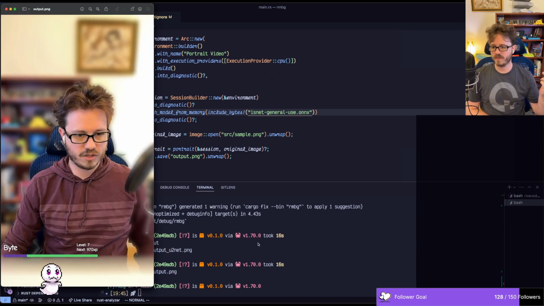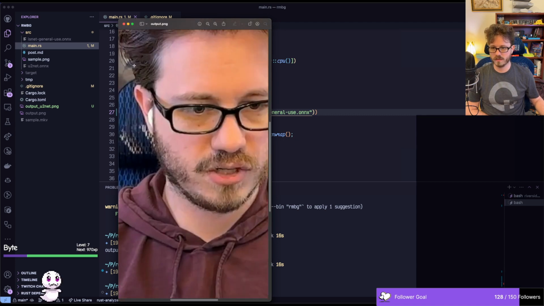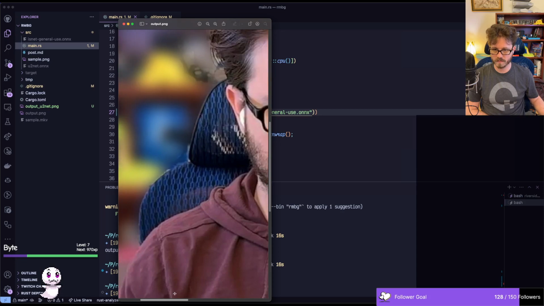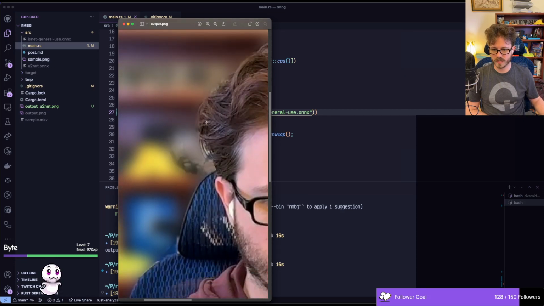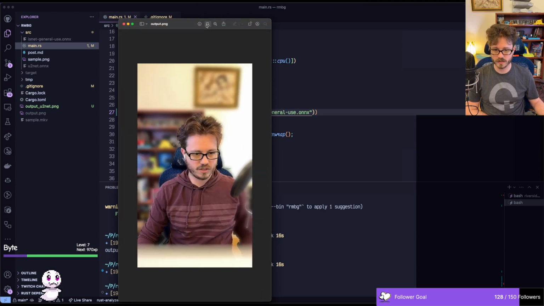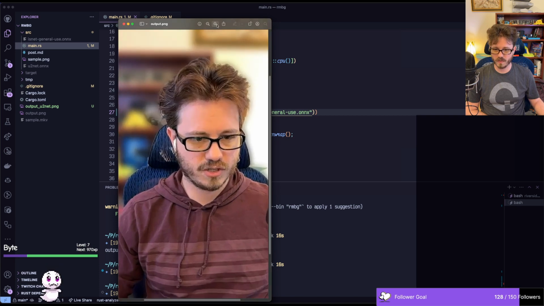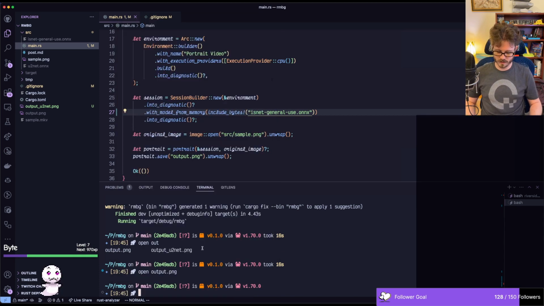So there's definitely going to be some loss of quality there. I don't know if that's something with the model or what's going on there, but that's a little weird looking. But I think it's much better than